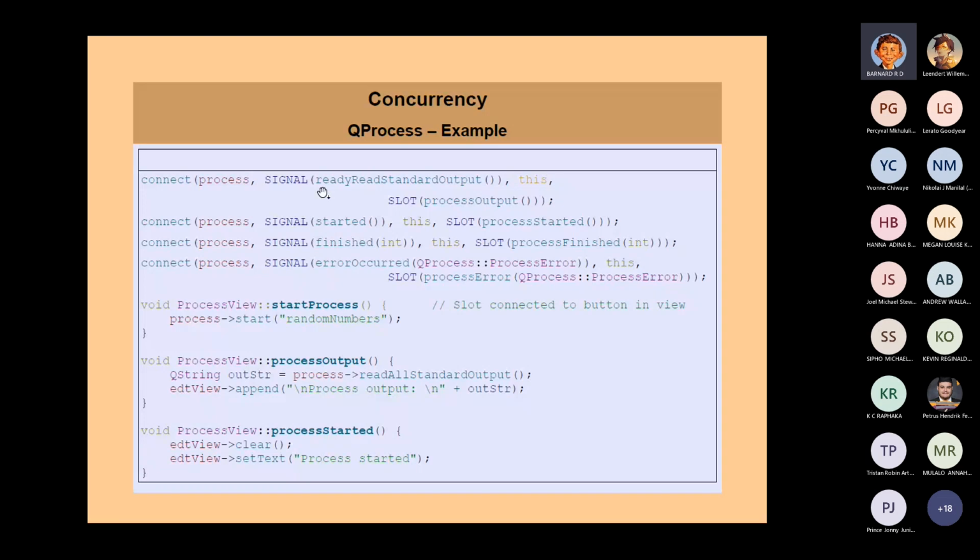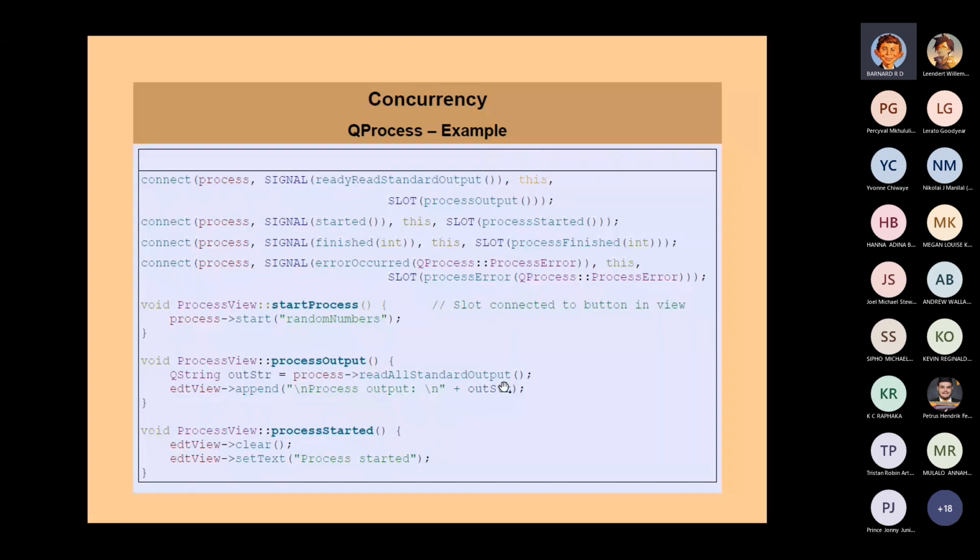Then we've got a process output slot which is connected to the ready read standard output signal, and you would then use the read all standard output method, and that would allow you to receive the output from the process in your main application, and in this case I've just appended it to an edit view. So just to go again, this process output is a slot which is connected to the ready read standard output signal of your process,